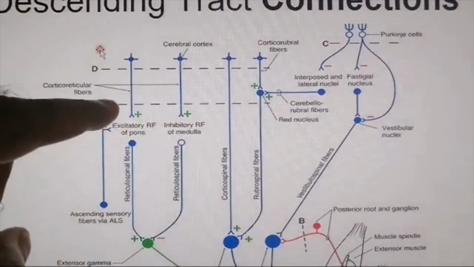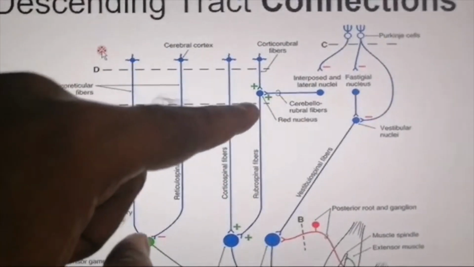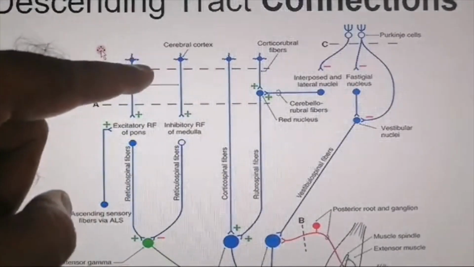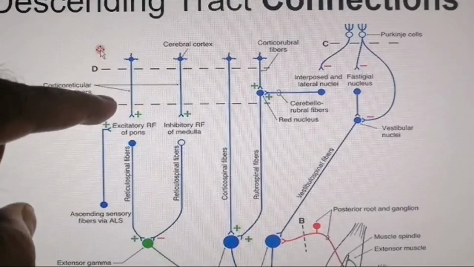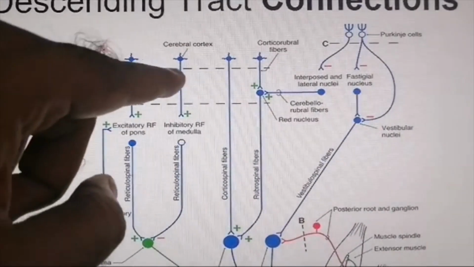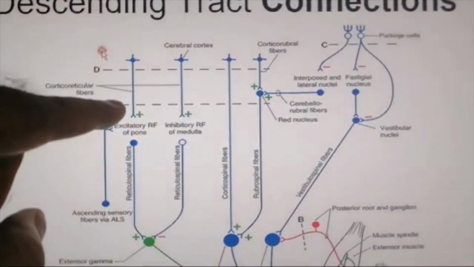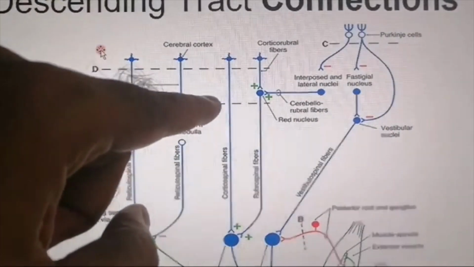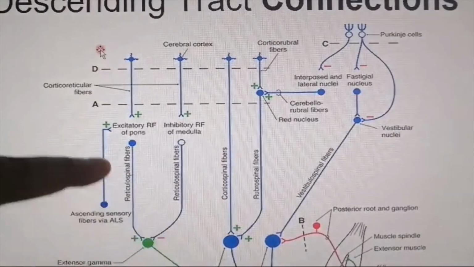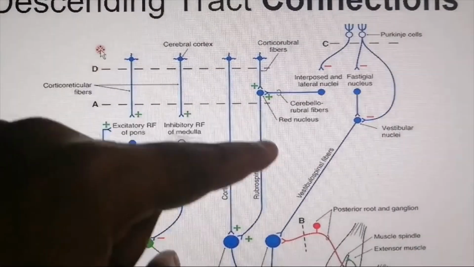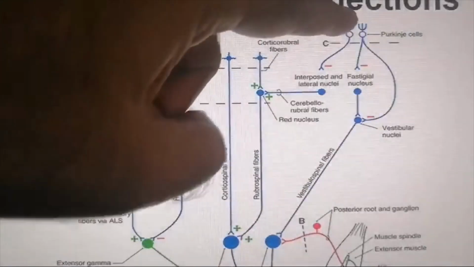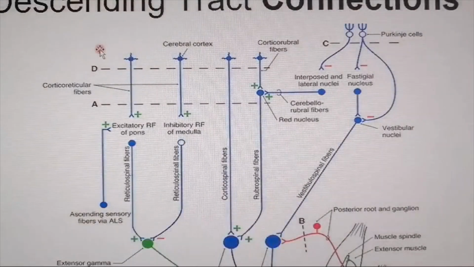Okay? Then you have another dotted line here. This is a level of the brain under the cerebral cortex. So this is a subcerebral sort of level. Okay? This is the topmost part of the brain. Then you have the part which is under this cerebral cortex. Then you have the brainstem here. Okay? You have the cerebellum on the side, and then as you go along further down,